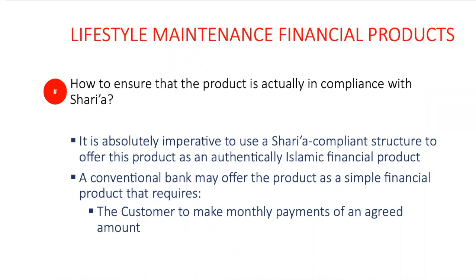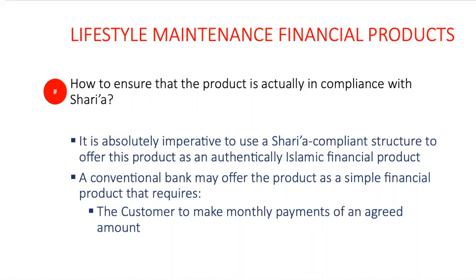In the first example, a conventional bank offering an upgrade, this would not be acceptable, by the way. You said you pay us this much money and we would give you an upgrade. In case of the Islamic equivalent, where you offer this investment plan, you have to make sure that the future value of the investment plan is more than the depreciation in the car plus the incremental increase in the price of the new car. It's absolutely imperative to use a Sharia compliant structure to offer this product as an authentically Islamic